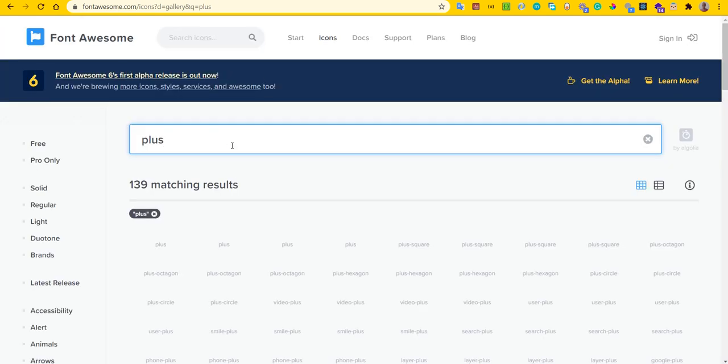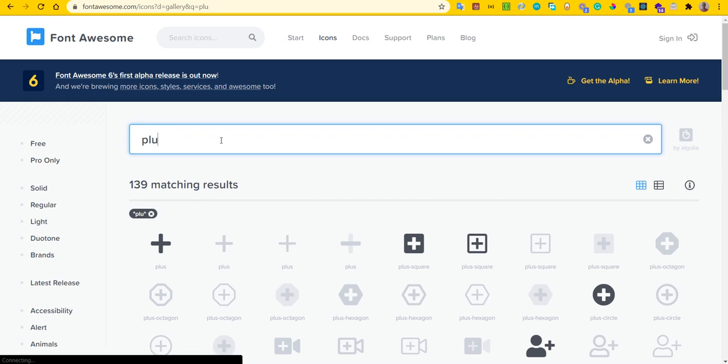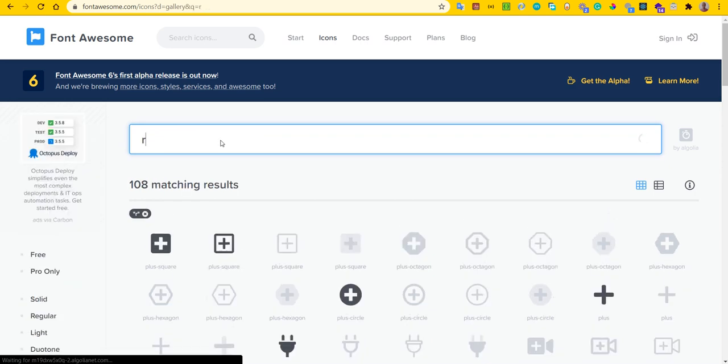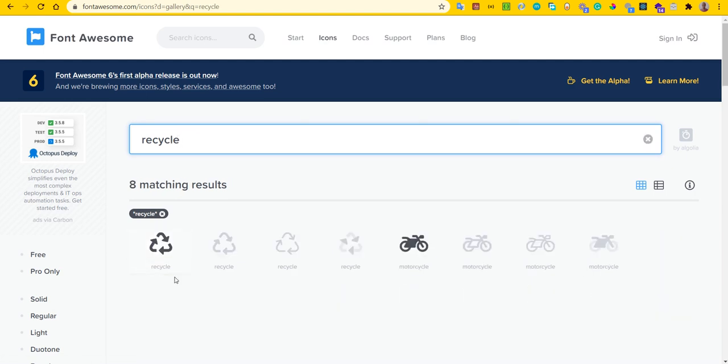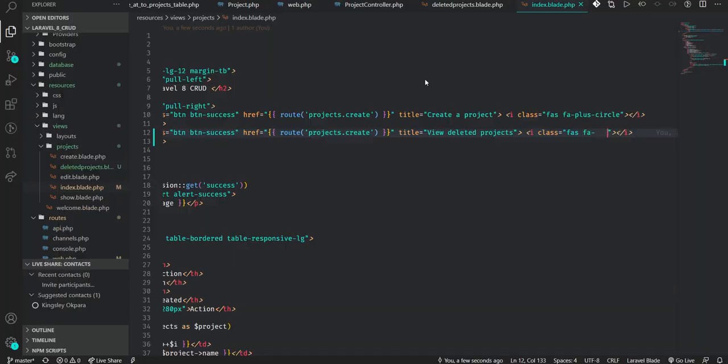Which one can give us something that is similar to recycle bin? Recycle. Okay, we have a recycle here, so we can pick recycle here. So instead of FA, we put this and we have recycle.